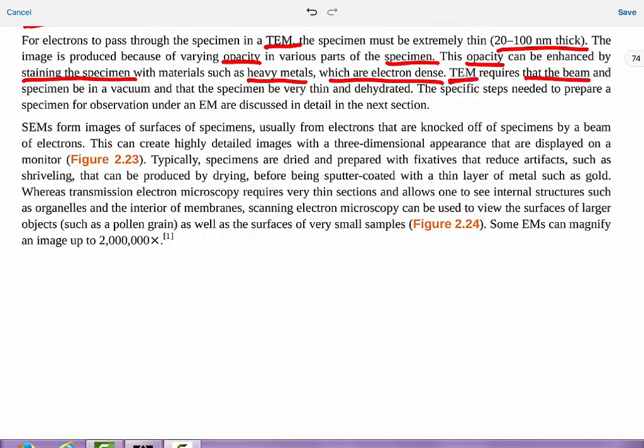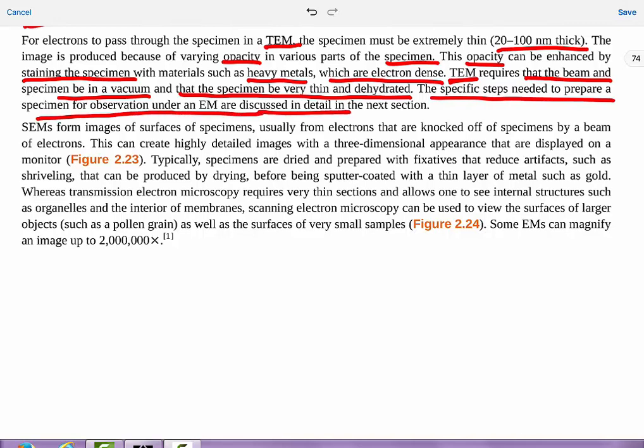TEM requires that the beam and the specimen be in a vacuum, and that the specimen be very thin and dehydrated. So in order for this to work, it has to be sealed up in this vacuum because we are shooting electrons in it, and the electrons will just get out if it's not in a vacuum and we don't have these magnets in there to guide them along. The specific steps needed to prepare a specimen for observation under EM are discussed in detail in the next section. So then we have